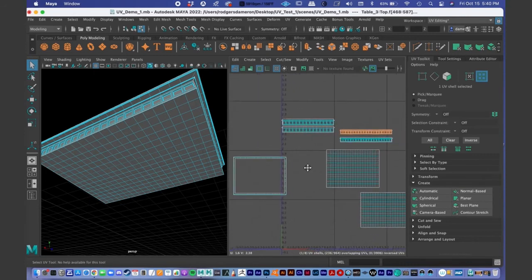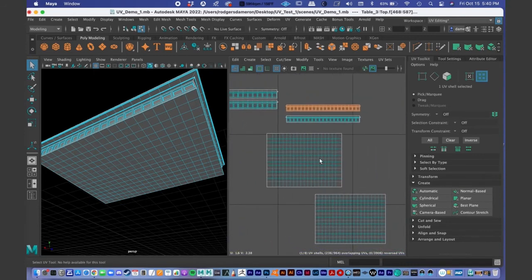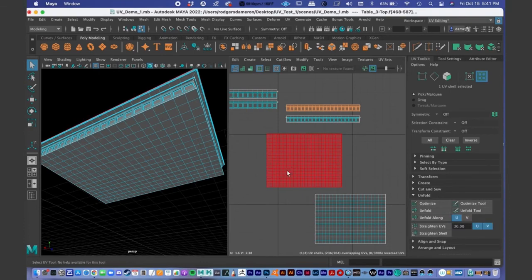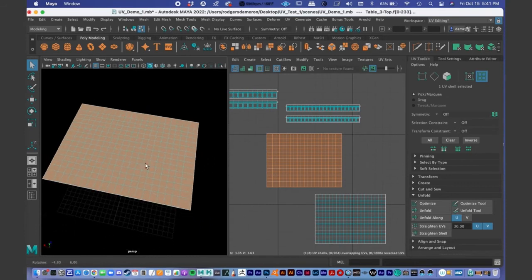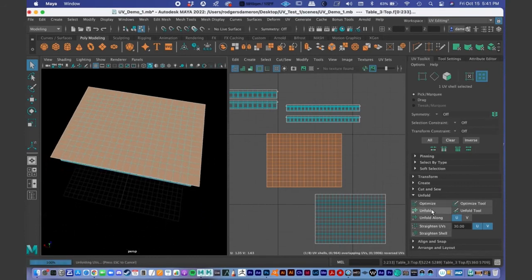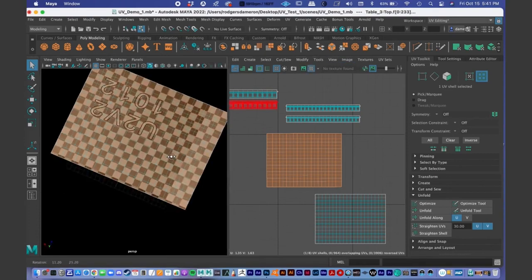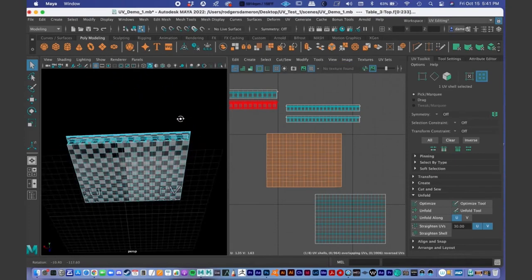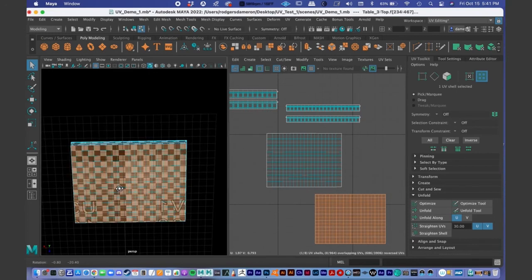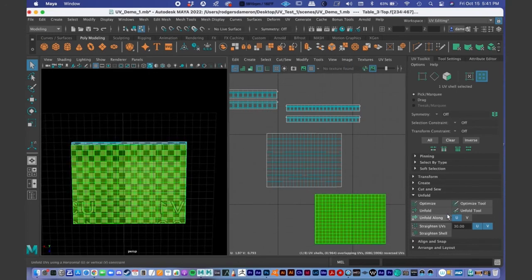So let's start the unfolding process. So under UV toolkit, I'm going to go under unfold, and I'm going to be in UV shell, and I believe this is the, yep, this is the top. So I'm going to try unfold first, see how that goes. Not much should change, so that's good. So we have perfect UVs there. Let's select the bottom shell again, not much should change. I'm going to just do unfold,